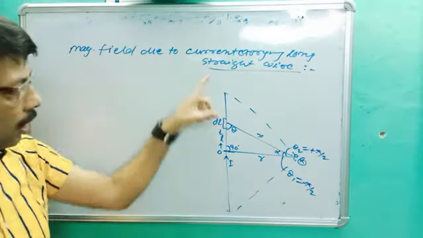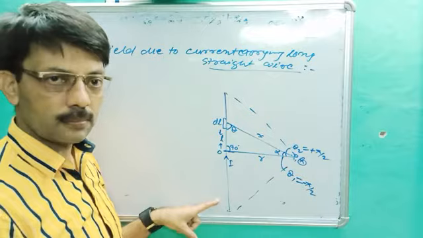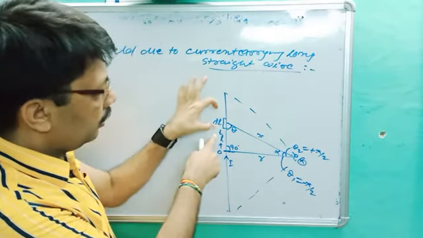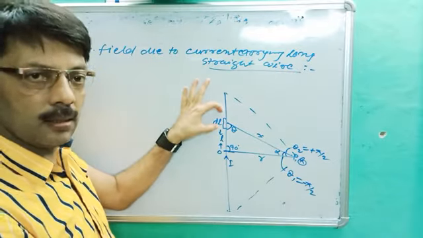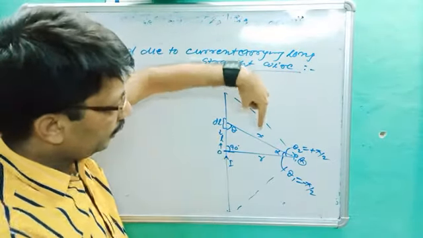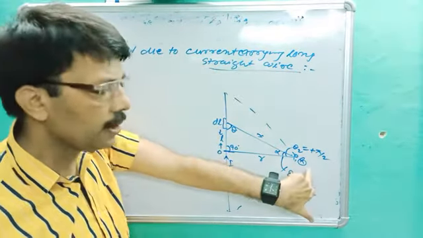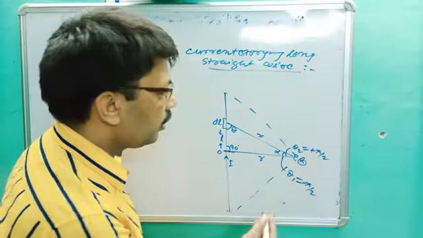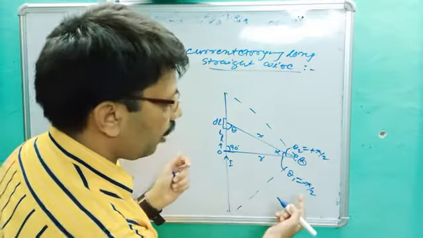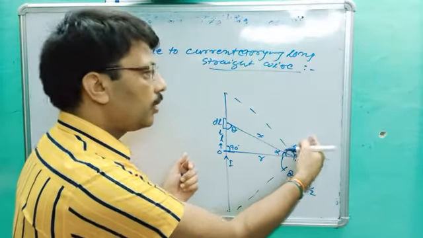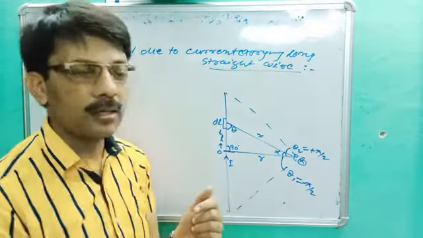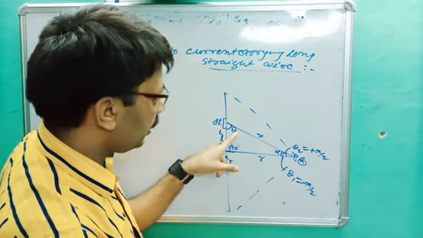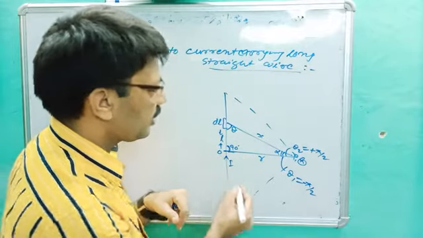Once again, for a long straight current carrying wire, from the midpoint at distance L, the current element is dl. From dl at distance x, a point is P, at which we are trying to find the magnetic field. Then we integrate the whole formula from minus pi by 2 to plus pi by 2, and it becomes an infinite long straight wire. The small angle is alpha, this angle is theta, and this angle is 90 degrees.